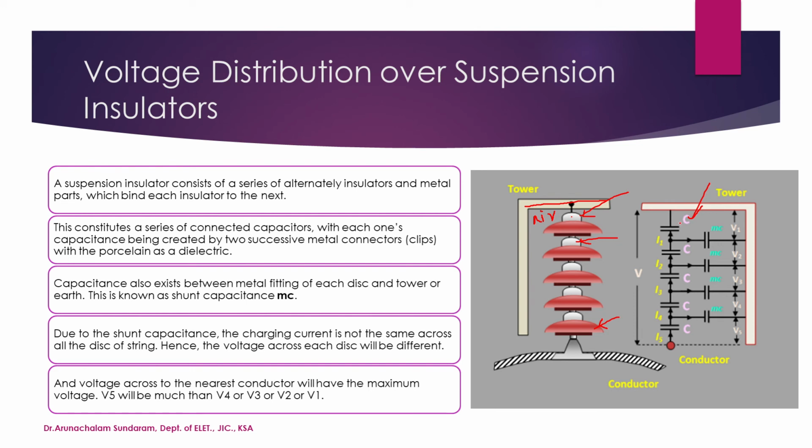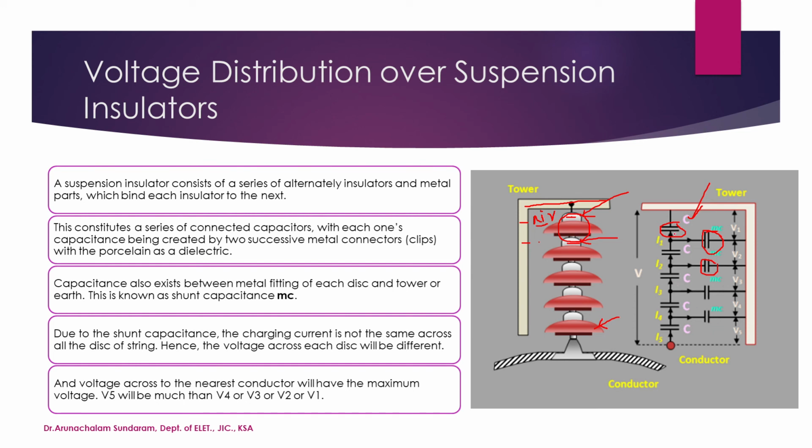So this capacitance here models this unit. This capacitance here is called a shunt capacitance. It's a capacitance between the tower and the air. Tower, in between you have air, and there is a metal part here. So this is a metal part, this is a metal part, and in between we have air, so this forms a capacitance. Now what is the capacitance here? Here the capacitance is between this conductor, and in between we have air. So the transmission tower is modeled as capacitance in series and parallel.